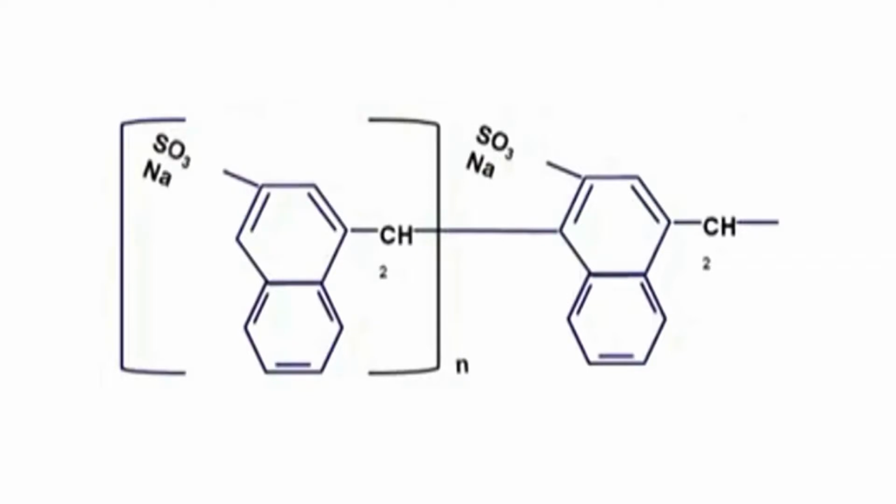The structure shown here is a double ring and it is free to rotate. It can rotate in either direction. Here also we have Na+ and SO3-. When this is added into the concrete, this sodium metal gets dissolved in the solution, giving a negative charge